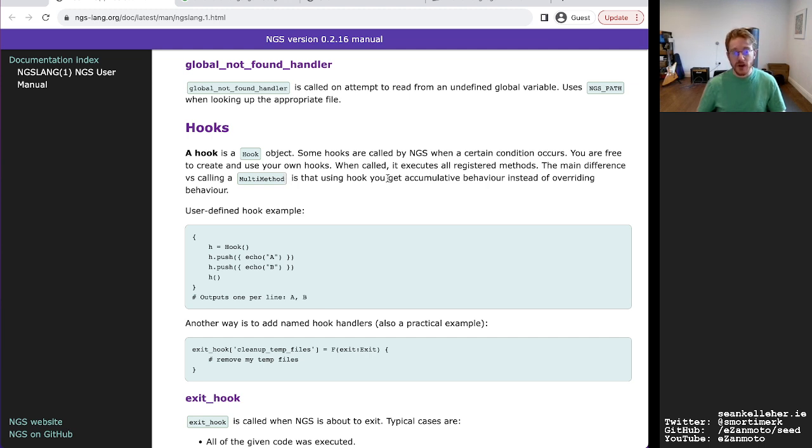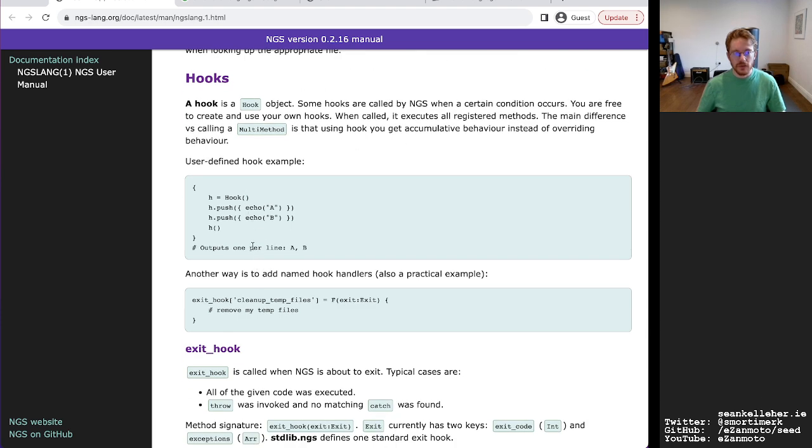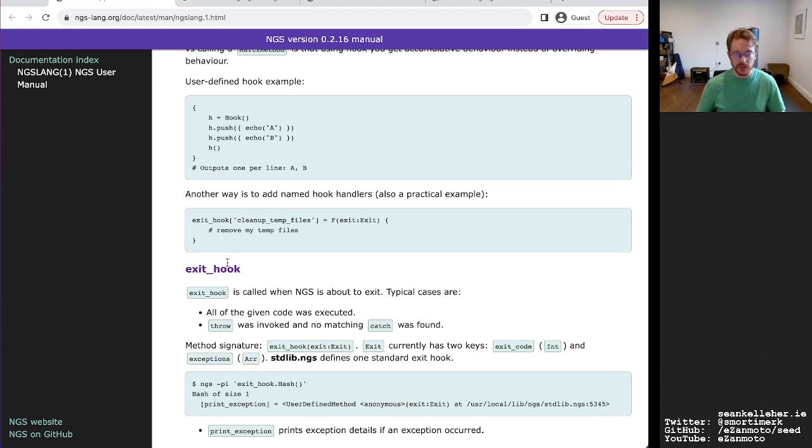A hook is a hook object called by, so is this kind of like a utility for debugging potentially? So we create a hook, and then when we call hook, all the blocks inside it are called. Very interesting. That's something I'm looking forward to hopefully implementing, maybe in this language as well as the language that I develop on top of it.